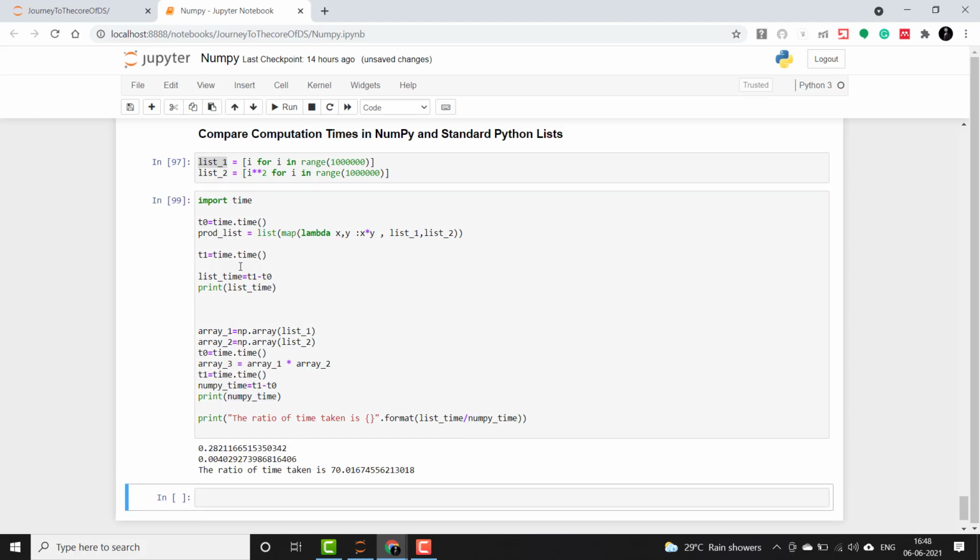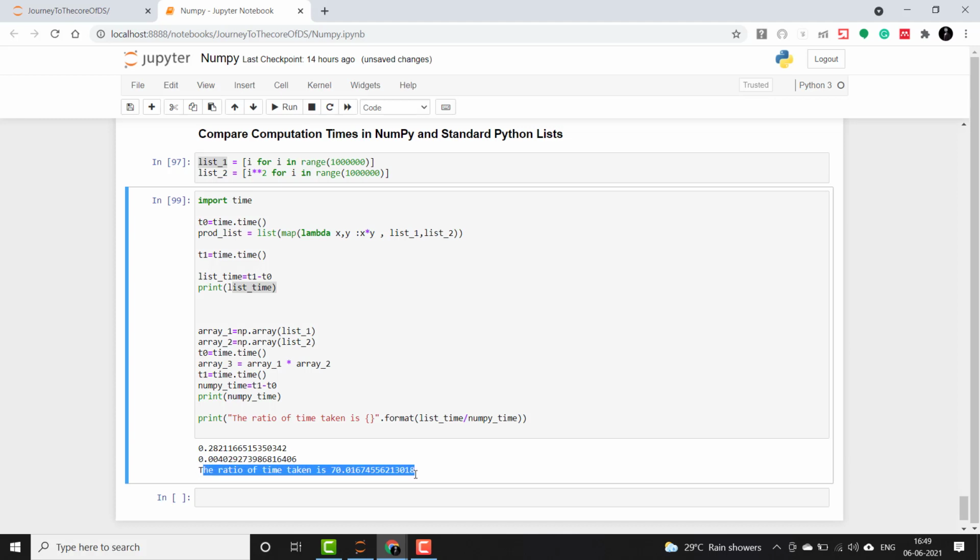So you see here the list time is so much, it's 282 milliseconds approximately, but the numpy time is very less, approximately 4 milliseconds or something, and the ratio of the time taken is 70. So you can say that list computation is taking 70 times more time than the array's computation.